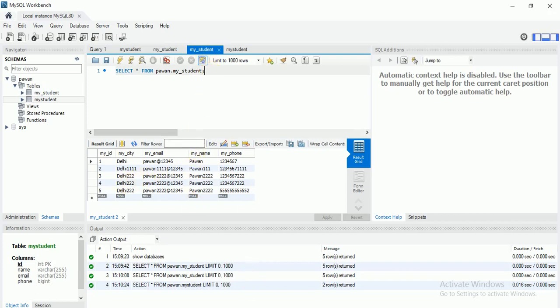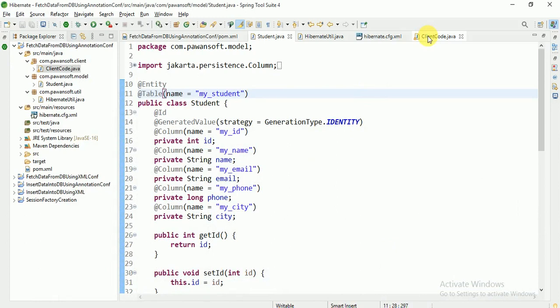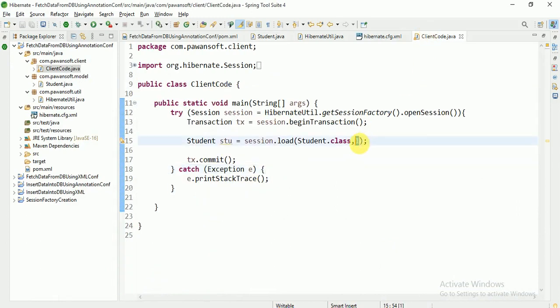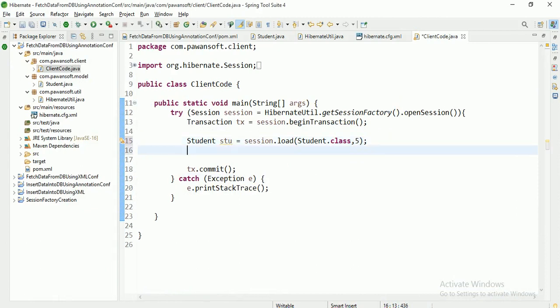So I want to fetch the 5th record. Go to the client code and provide your ID, whichever record you want to fetch. You provide your ID, and that's it. Then print the student object, and let's go and run.